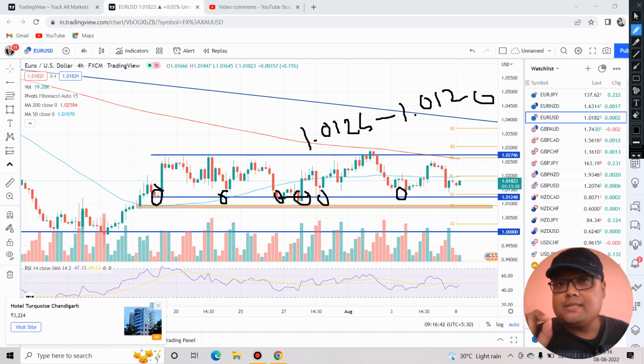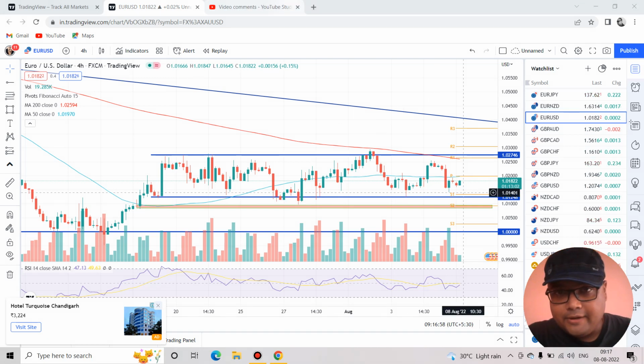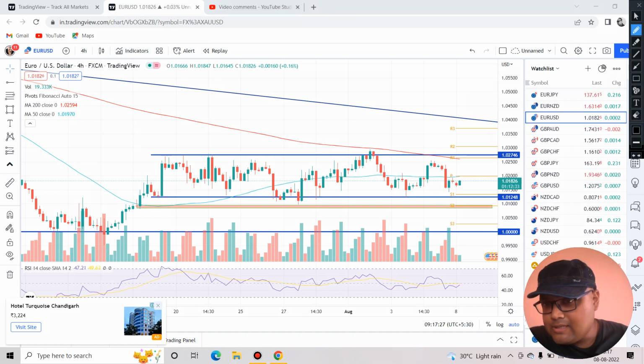Do not place a buy order blindly. Okay, if you see the market is reversing again, then only go for a buy position, because market has already tested the level too many times, and right now it is quite risky to place any buy position on this level here. So if market breaks it, okay, listen to me carefully. If you find market breaking this level, do not place a sell position immediately, because we have another important support around